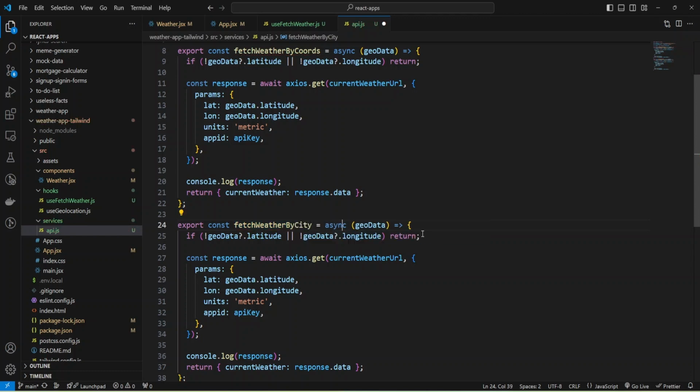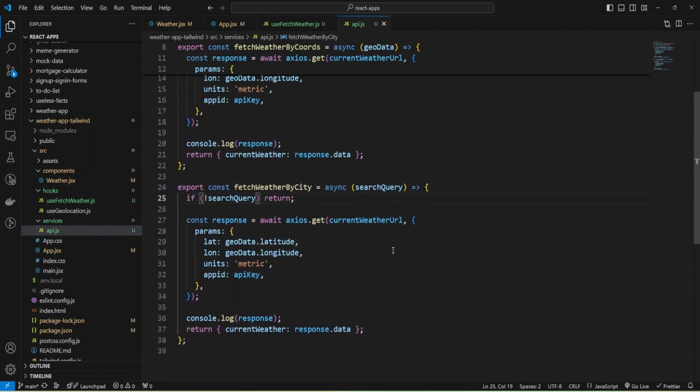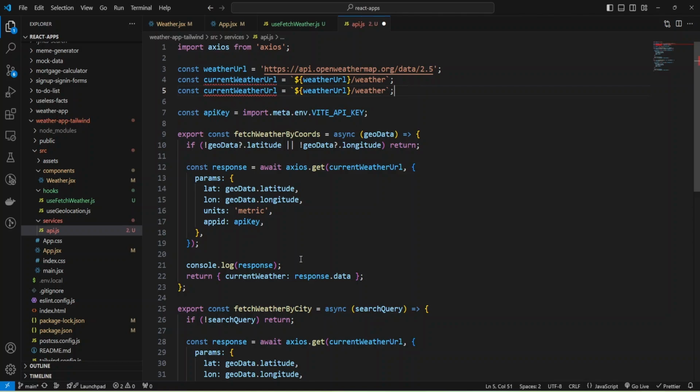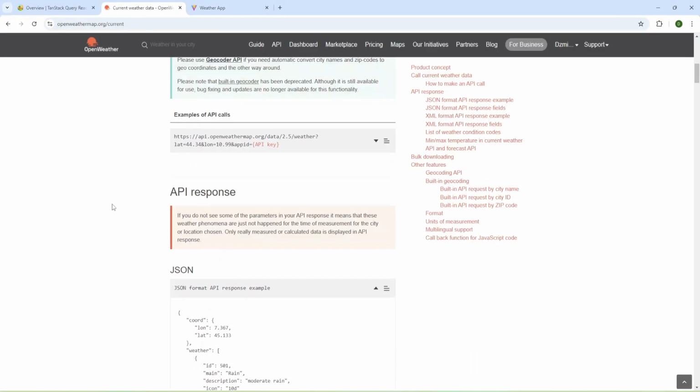And here I'll provide search query, and we can check if we don't have search query, then we can just return. And we need one more URL, and let's check documentation.